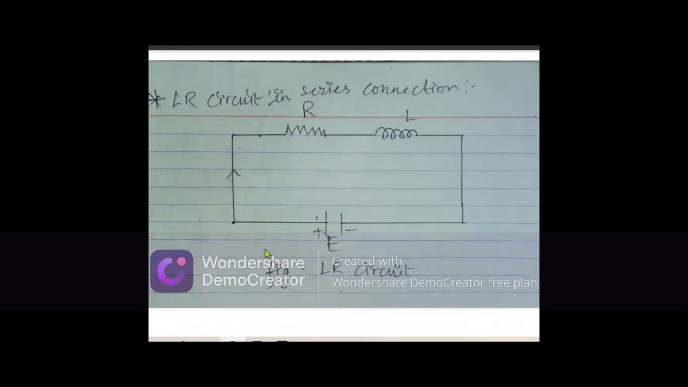Here I have drawn a picture of an LR circuit which is in series connection. This is the resistance R, this is the inductance L, this is the EMF of a battery, and this is the current, and these are all in series connection, so that the voltage drop across resistance R and L is equal to the